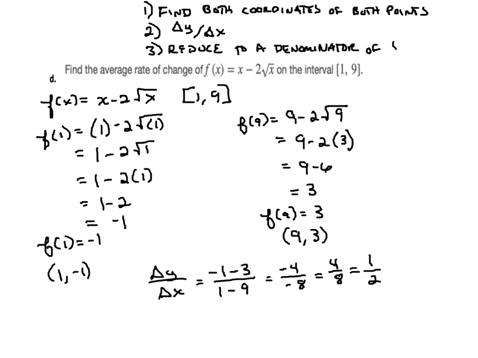But that's still not how we want to give an average rate of change. We want a 1 in the denominator, so I need to actually do the division. 1 divided by 2 is 0.5, so that's really 0.5 over 1. So my average rate of change is 1/2. What that means is that my vertical position changed half a unit for every 1 unit that my horizontal position changed, and it changed in the positive direction.